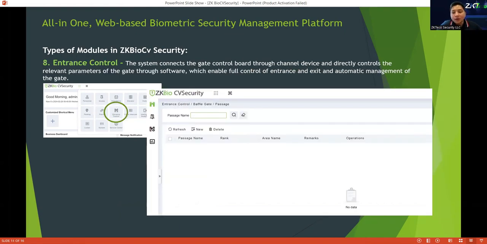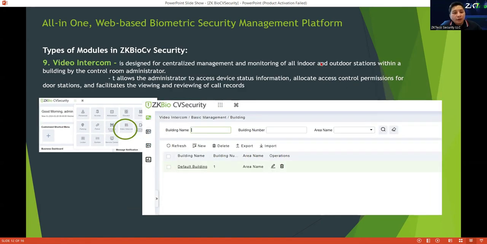Entrance control is the same as access control, but it uses different kinds of hardware or devices which enable full control of entrances and exits and automatic management. Video intercom is designed to centralize management and monitoring of all indoor and outdoor stations within the building by the control room administrator. It allows the administrator to access device status information, and allocate access control permissions for doors, stations, and facilities.